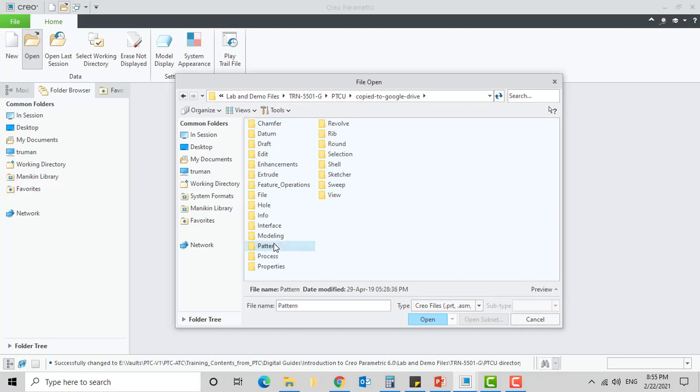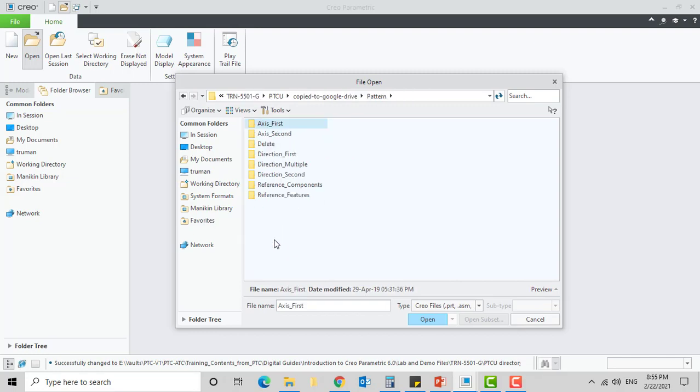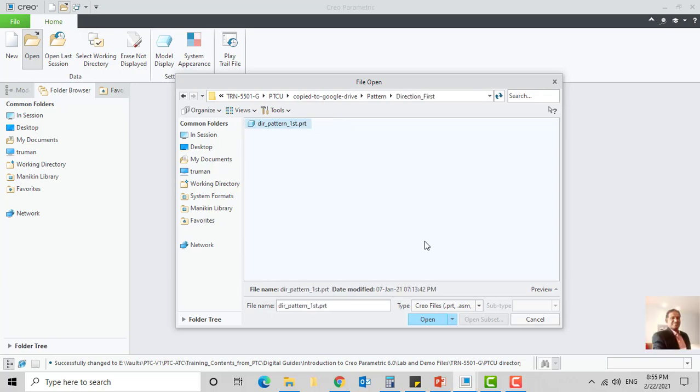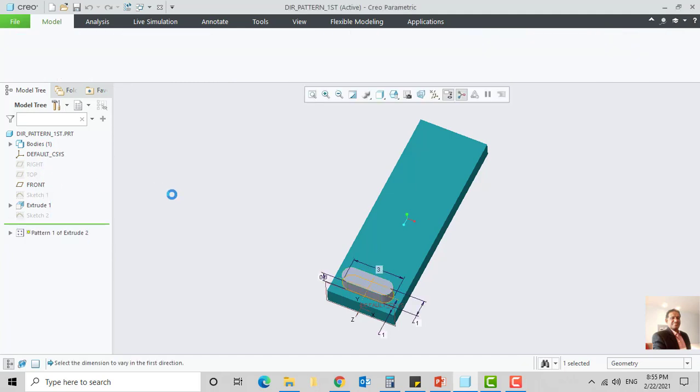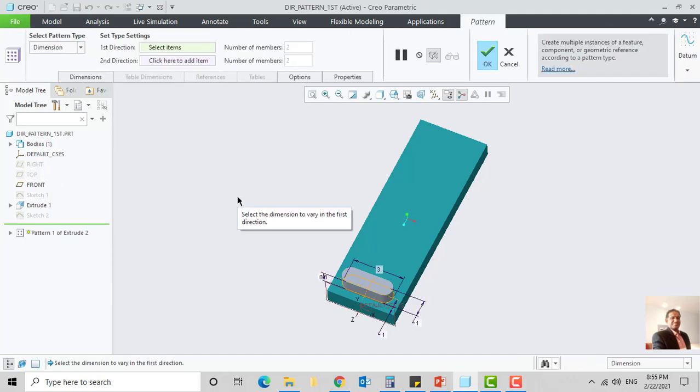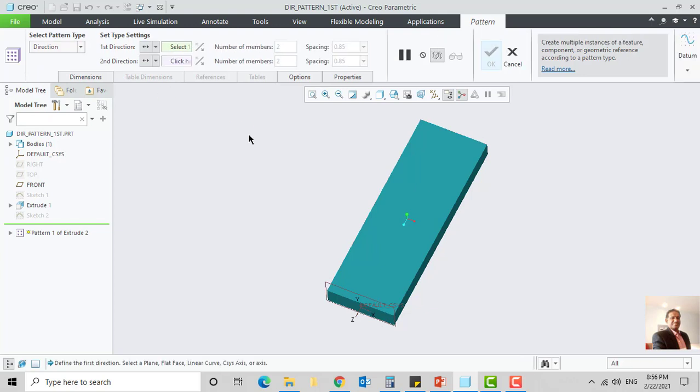I go to the location pattern and select the folder direction first, and then direction pattern first.prt. We go to the model tree, select Extrude 2 and click on Pattern. I change the pattern type to direction.